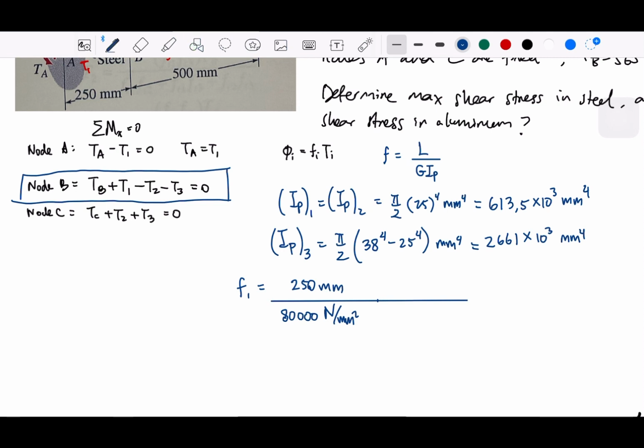And then the inertia is 600,000. Now this will be taken and it will be half a millimeter. So this will be